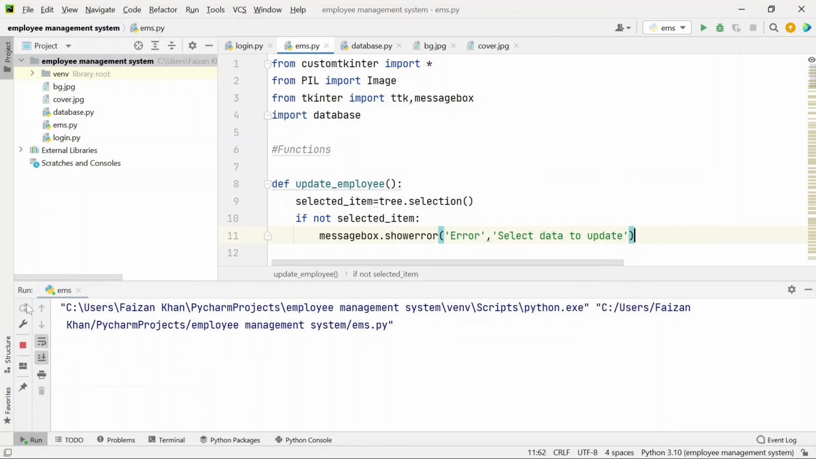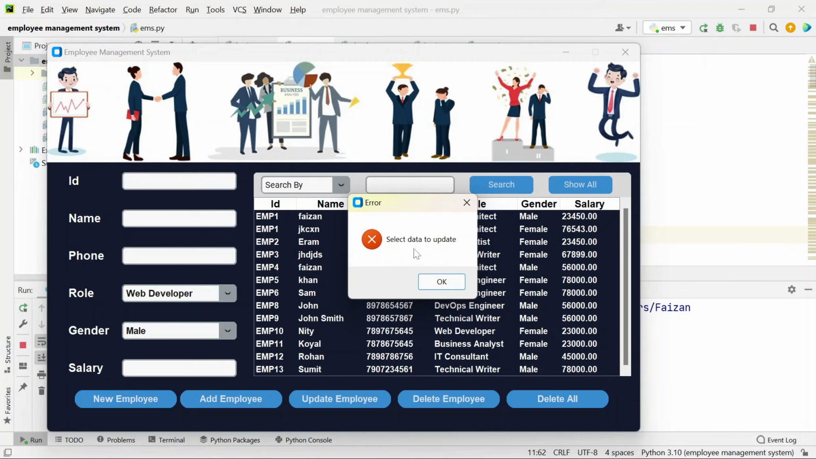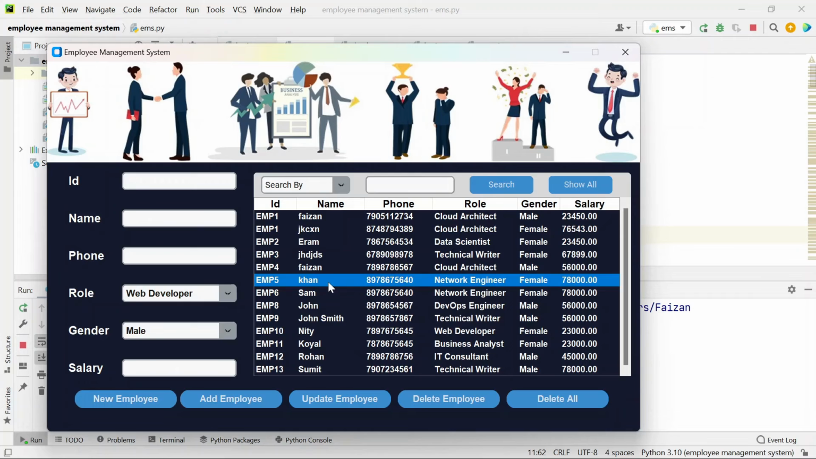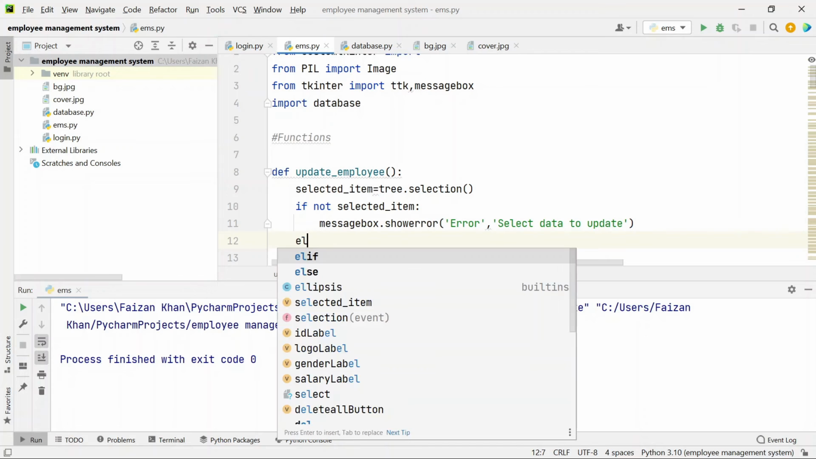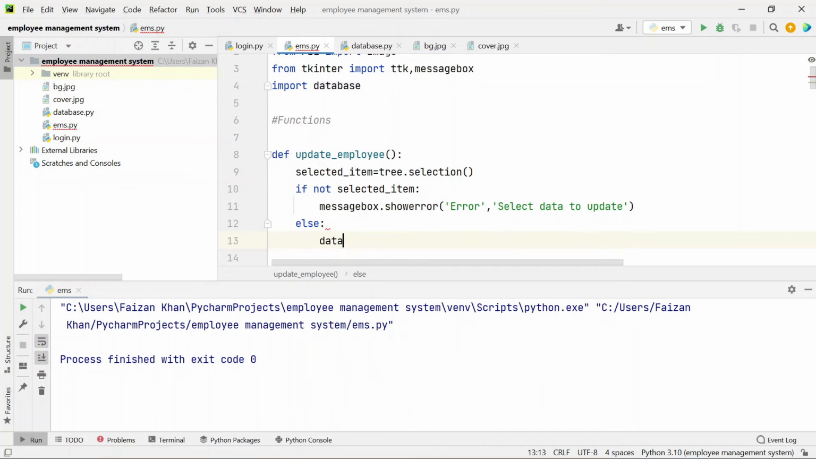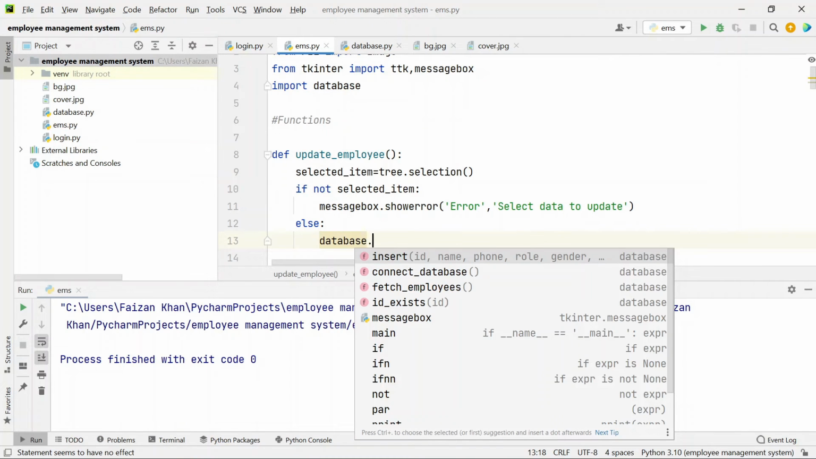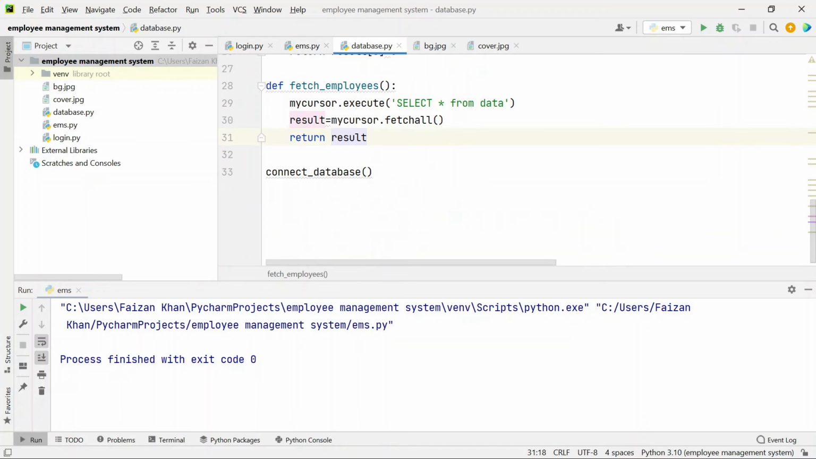So if I run it, if you are not selecting any data and try to click on this update employee, you can see select data to update. And once I select data and click on this update employee, nothing is happening because we have not added any code after that, right? So once you select the data, you will go to the else part, and in the else part I will call one function which will be the update function, and this function I'll define inside this database file. So I'll go here,